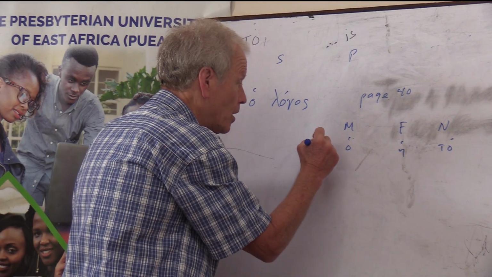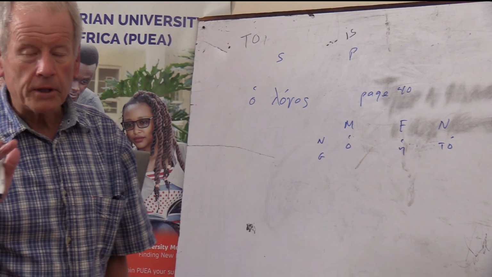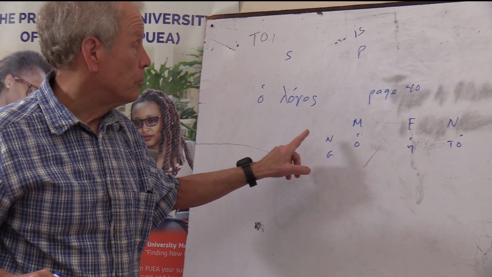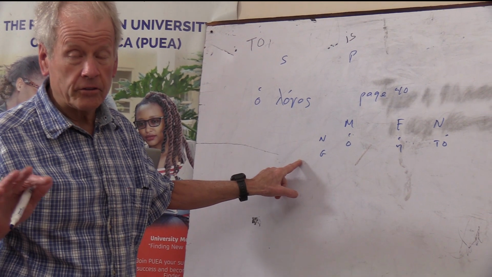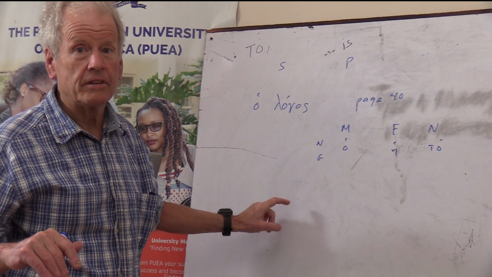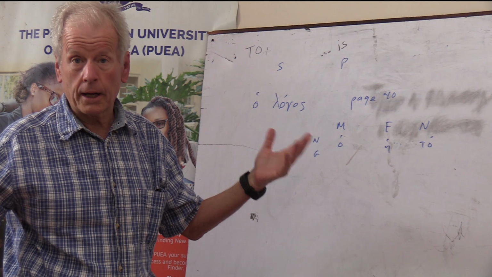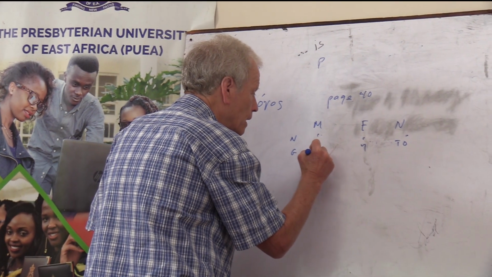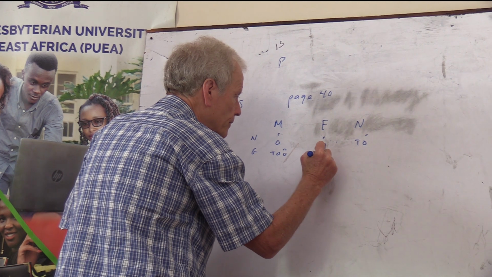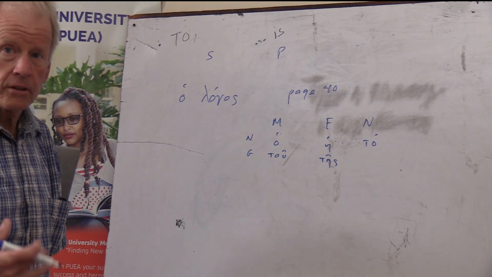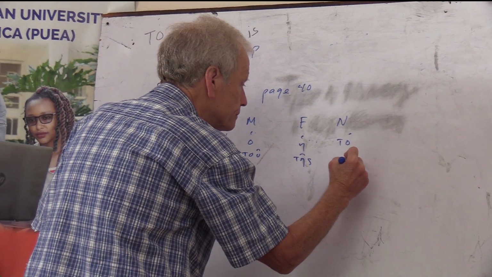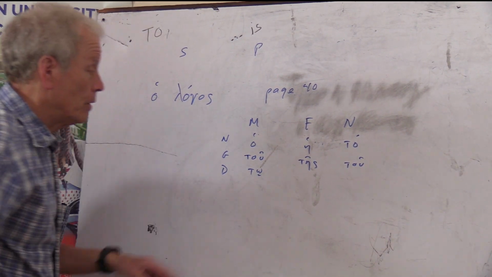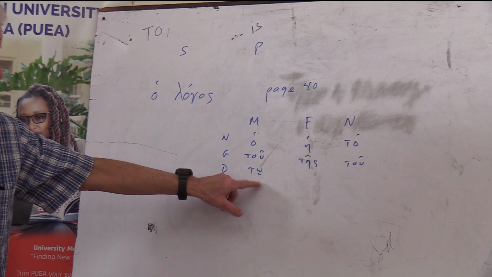So the genitive, this is the nominative, genitive. Now again, I apologize. Remember in the book, the cases come in a different order. Your book likes to do nominative, vocative, which we have not studied, and then accusative, then genitive, then dative. But remember the order that we are using. This is what I learned when I studied Greek myself. So two of the feminine genitive of the possessive and some other things, and two, same as the masculine. Dative, tō, remember the iota subscript,